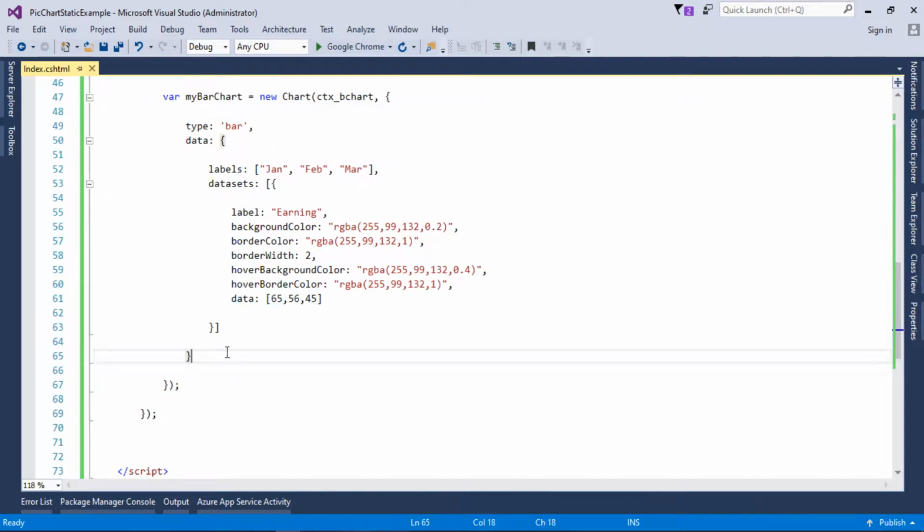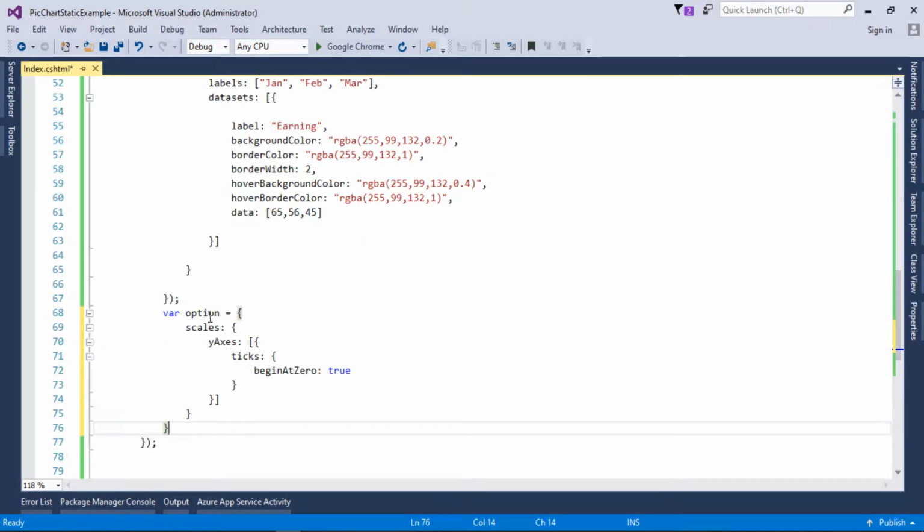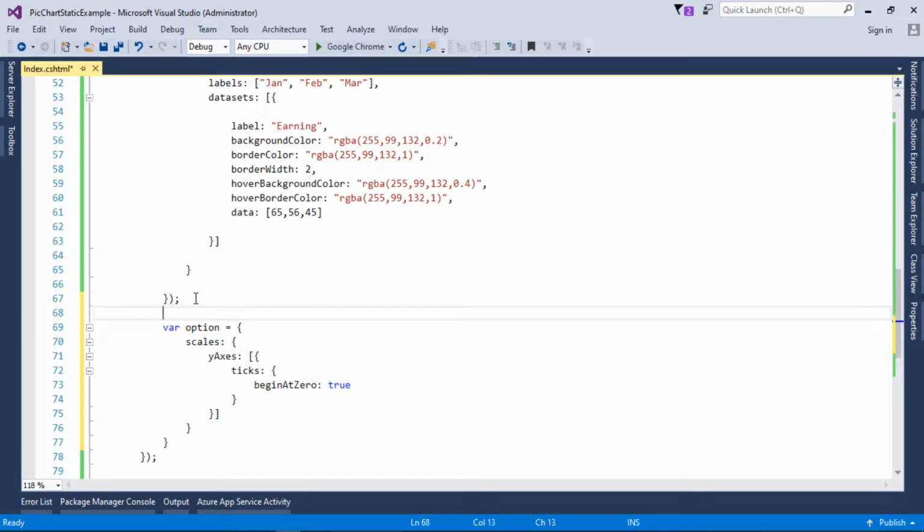So here I will paste this code. We have options, and in options we have scales of y-axis, and in y-axis we want our scale to begin with 0. There are also some other options available for these charts. You can always look into the documentation.